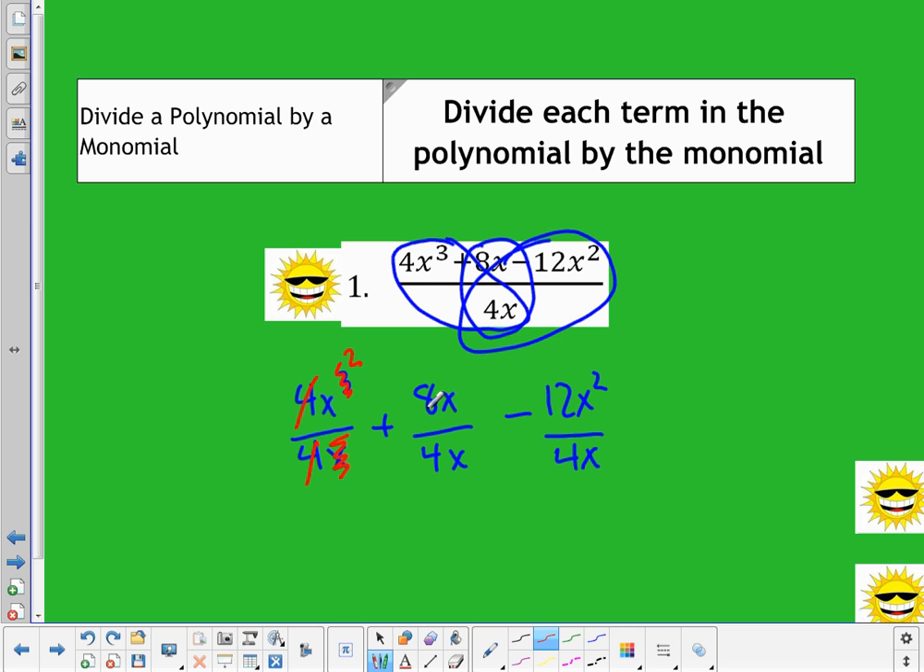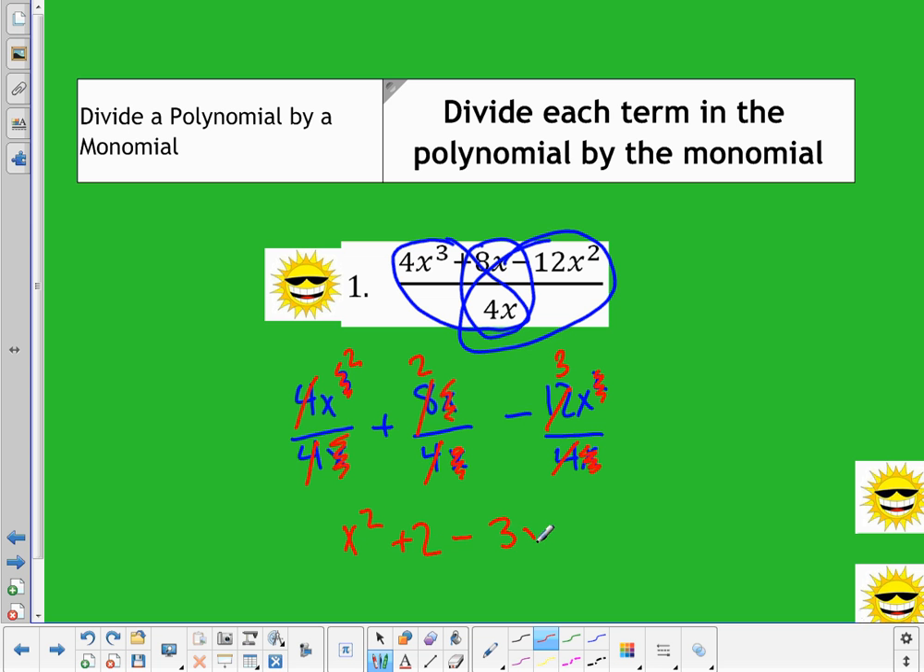And then here in the middle term, 8 divided by 4 is 2. X over x goes away. I have nothing left in the denominator again, nothing left in the denominator there. Here, 12 divided by 4 is 3. Again, nothing left in the denominator. One of the x's is going to go away. I'm left with x to the second plus 2